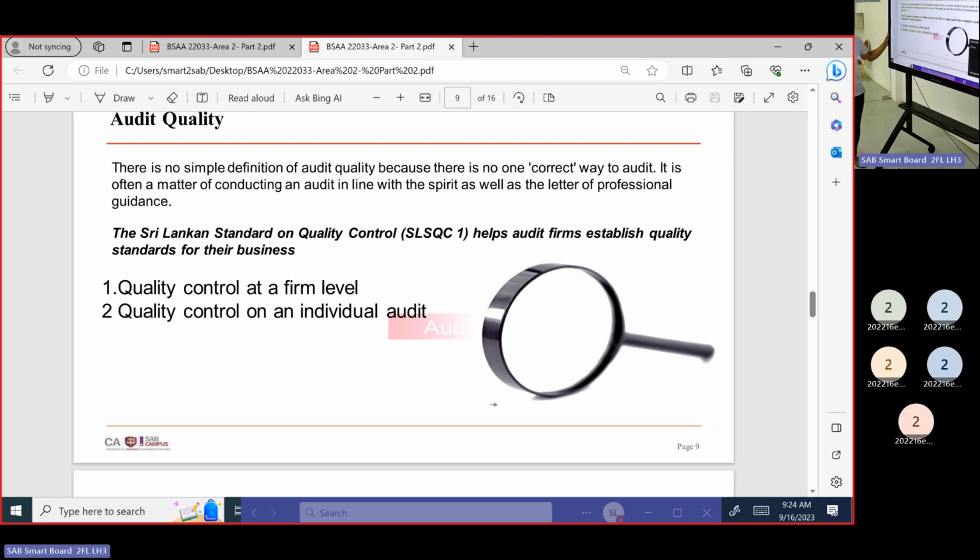Likewise, we can make many suggestions as an audit manager or an audit partner. You may have different experiences and different situations to handle, and to adapt to that situation and change the culture. So you have to take decisions at the firm level as well as the engagement level. So your role may be different. You may be part of an audit team, you may be an audit manager, and you may be a CFO